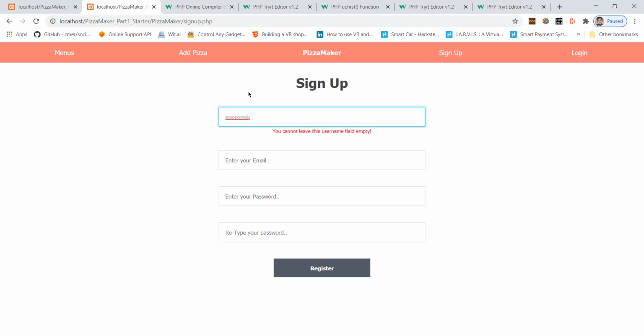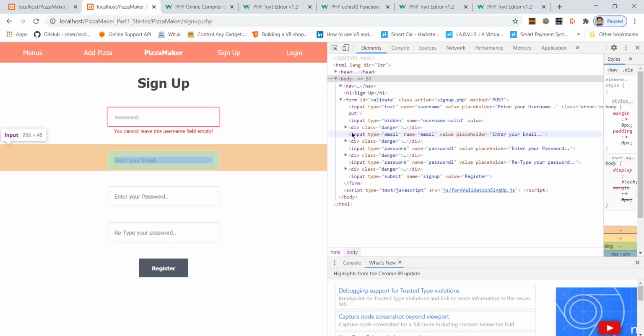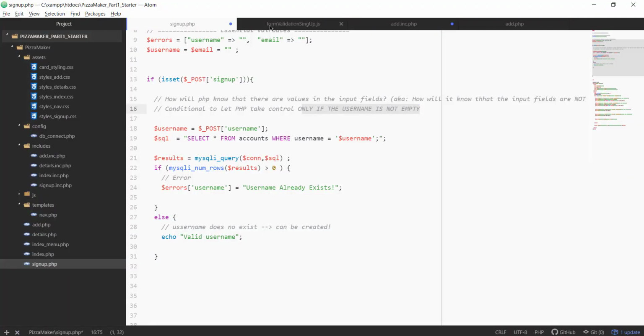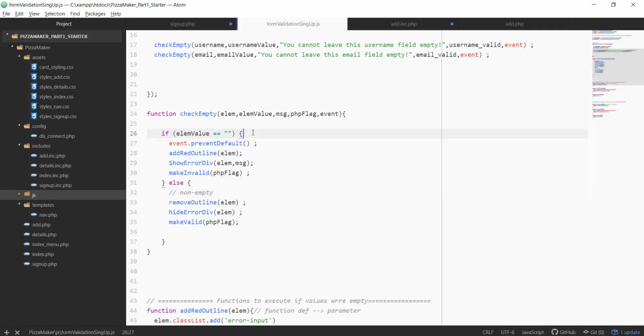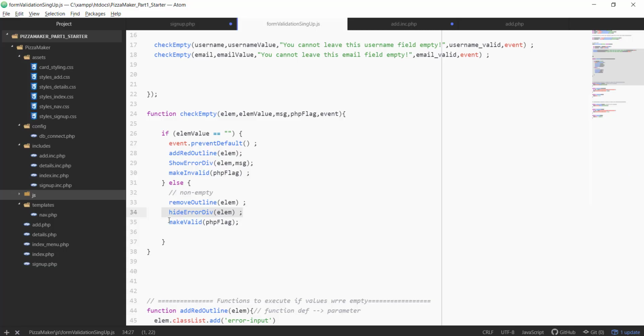So we're not relying on any default behavior. Okay, so now, if I just open this here, what I want to say is that once we type something, if you look at the JavaScript code, the outline is going to be removed, the error message underneath is going to be removed, and what's really important